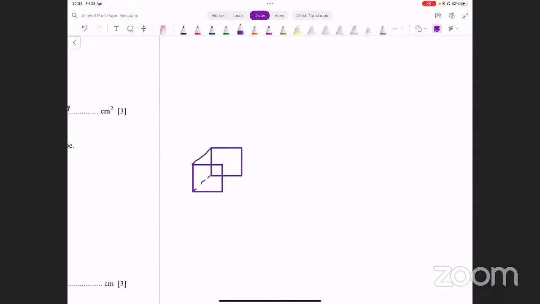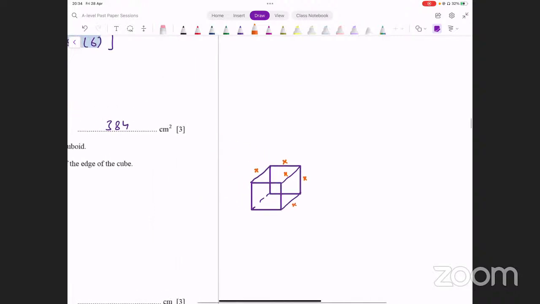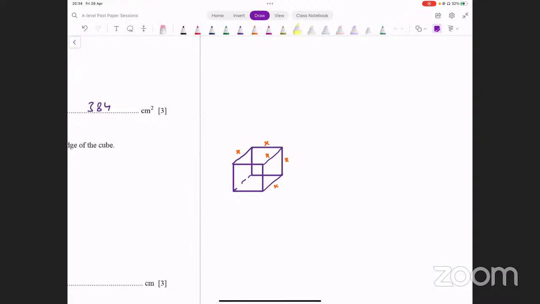This is what it might look like. ठीक है, क्यूब में क्या स्पेशल होता है, सारी लेंथ इक्वल होती हैं. So this is x, this is x, this is x, सारे edges x हैं. Okay, अब इसका सरफेस एरिया क्या होगा, एक फेस का निकाल लें, कोई भी एक फेस, लेट्स से दिस फेस,